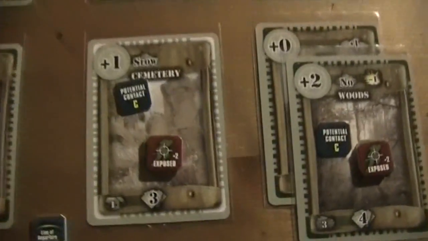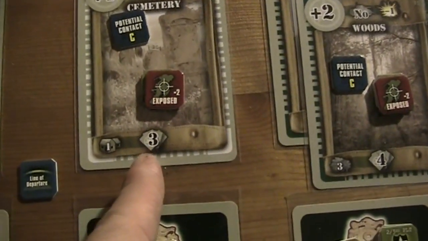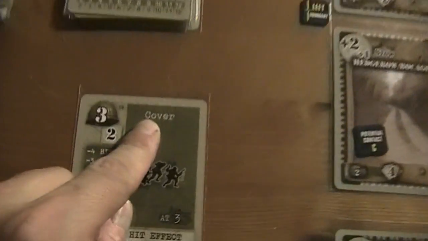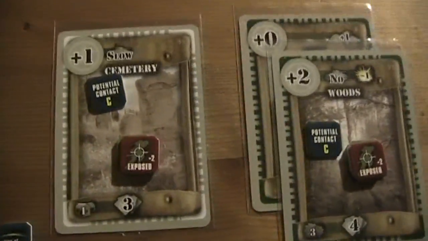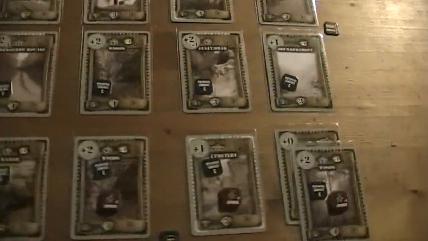Now here in the cemetery, same thing, but here we can draw only 3 cards. Yeah, we got cover here, but we have to draw all 3 cards. I think there are some statistical things that make that important. Okay, so this guy was able to find cover, and if you find cover, it's assumed that you move right under cover. So what we do now is